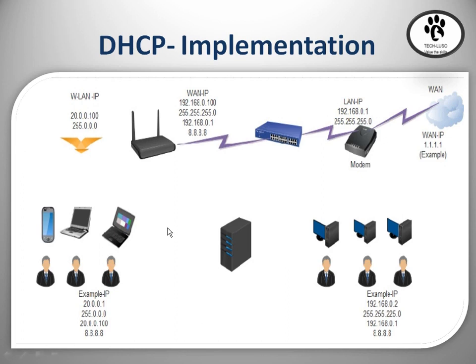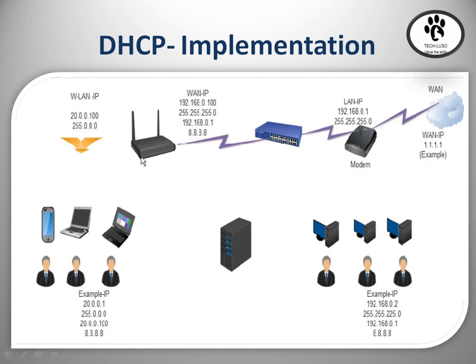For example, you can see this implementation. It's a small, mid-level company. Here we are not going to use any kind of servers. There is an internet connection which comes from the WAN to the modem. From the modem we connect to a switch. In the modem itself we configure DHCP in the default scope, about the 192.168.0.1 range. So the scope will be created, and the client will get the IP from the modem. This is your LAN network.